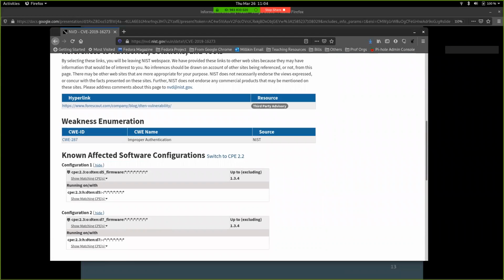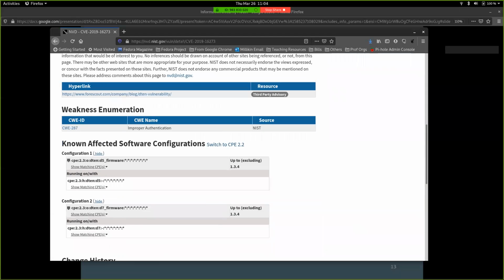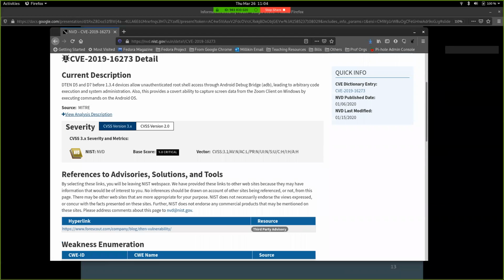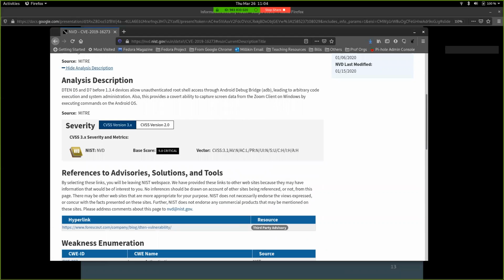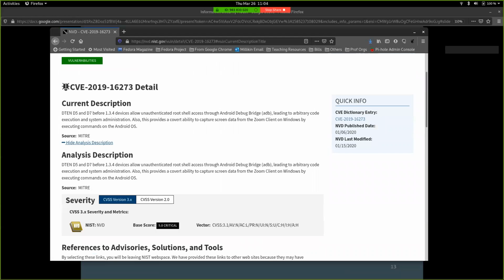You're also going to see it linked potentially to some other weakness that's been cited as well. You'll see if it's been resolved in the details. You can also see an analysis description. Potentially, you could then do additional research on Google to see how this might